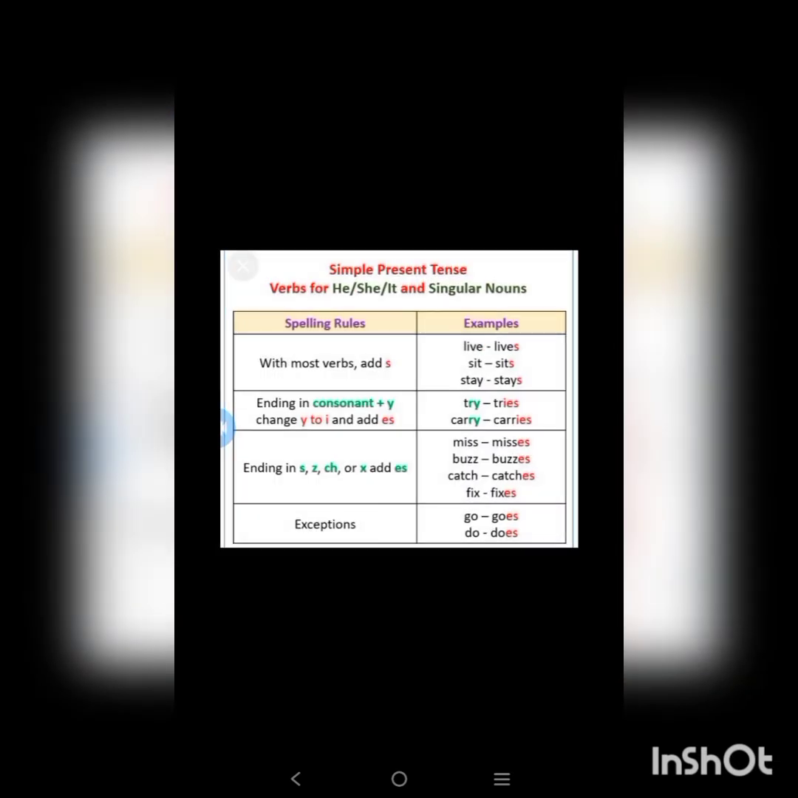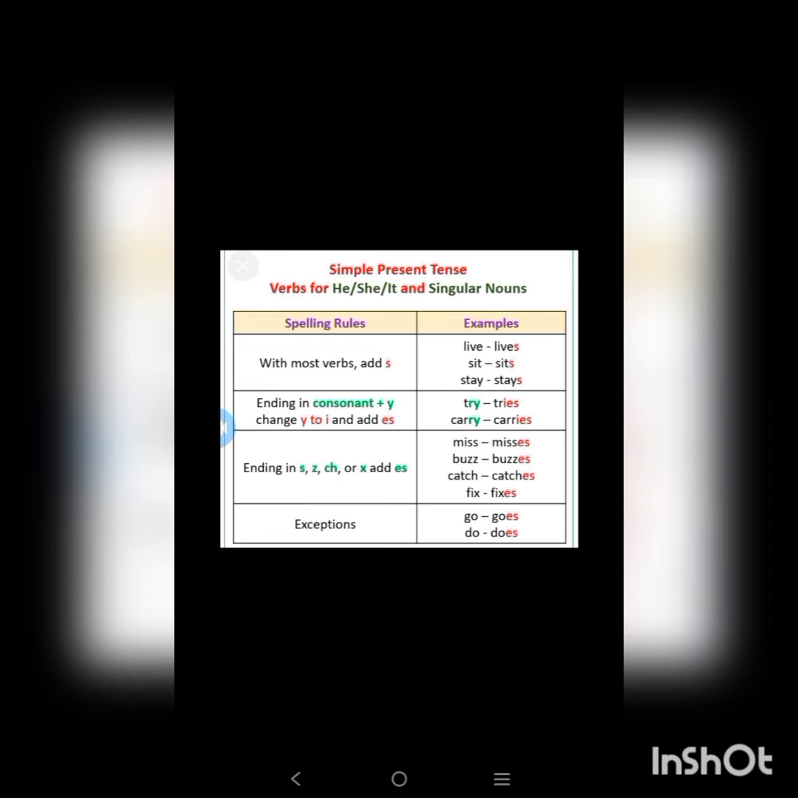What is simple present tense? Simple present tense is used to say an action that is happening right now, or to say about an action that happens regularly. Like present tense, it is used to say an action that is happening right now. And also the simple present tense is used to say about a universal truth. Universal truth means